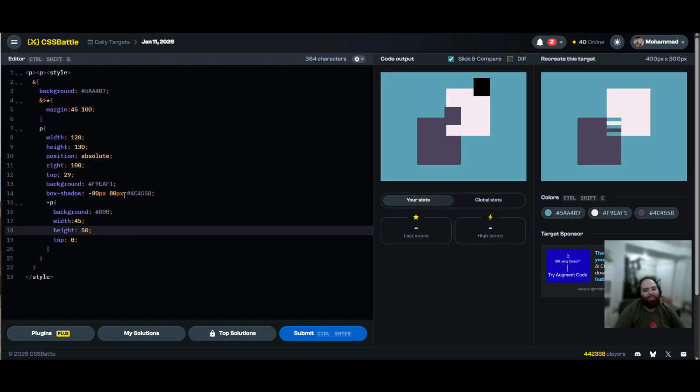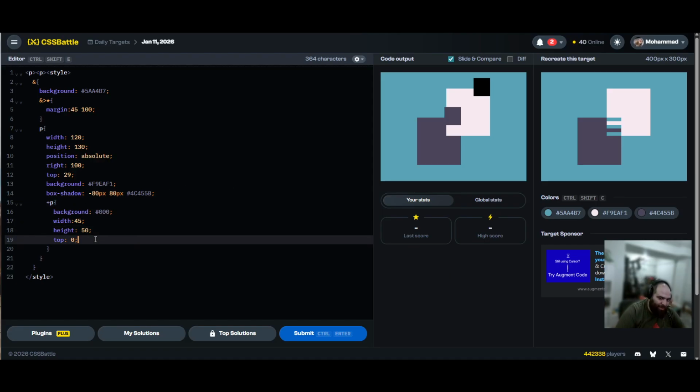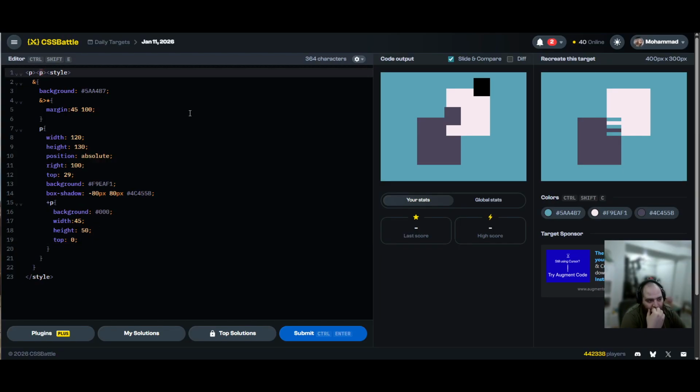Oh, it has a box. It has a box shadow. Okay. How do I do this in a clean way? So plus P is going to adopt all of the classes I implemented on P. This is why I want to use the class, but then, okay, I'm using a class. I'm going to do it. So big square, little square. So this is going to be